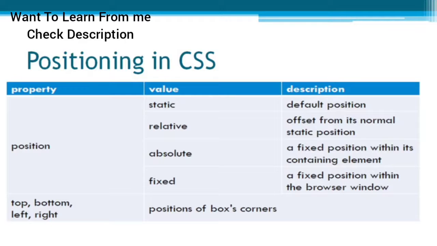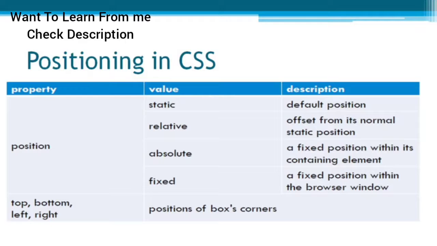Then the next is the absolute. So absolute is a position which will be considered with the reference of the top left coordinate, and apart from that it will also take the reference of its parent container. Like in case there is an element which is enclosed within another container or another division, then it will use the reference of that element and it will position itself as per the absolute values.